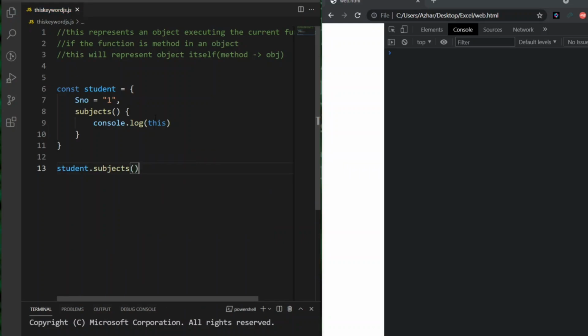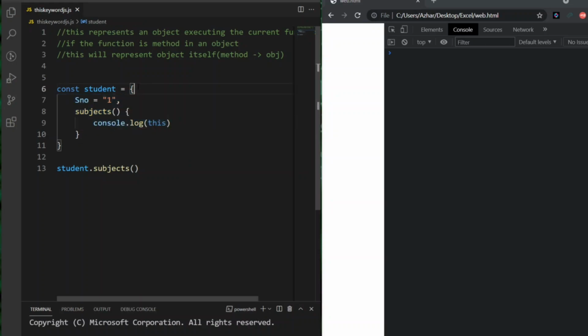Now this keyword here is called by a method inside an object. Student is an object, and subjects is a method inside this object. So this will give you the entire object.